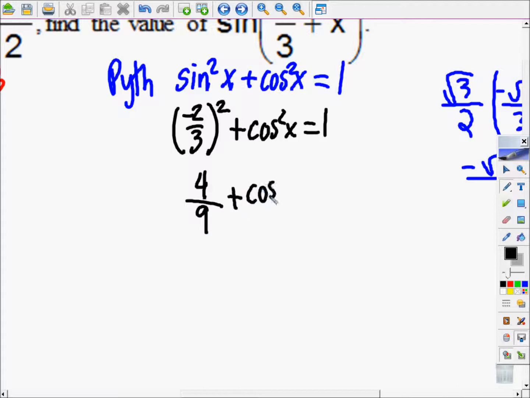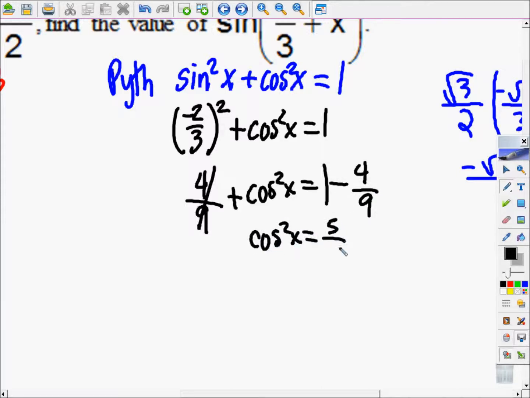Now I have cosine squared x equals 1 minus 4 over 9. Cosine squared x is still not by itself, so I'm going to subtract 4 over 9. And when I subtract 4 over 9, I get 5 over 9. Still, cosine of x is not by itself. How do I undo a square? What I do to one side, I have to do to the other. So now I have cosine of x equals